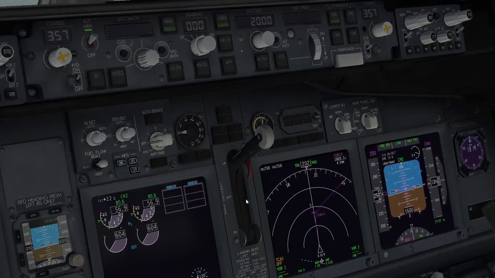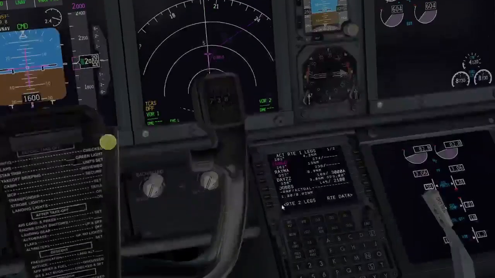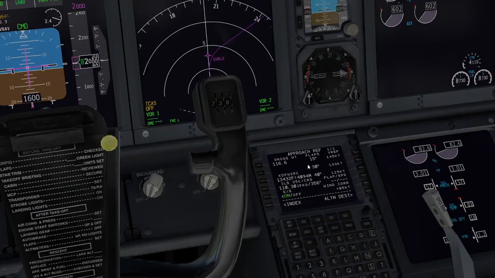Okay. And now as we're getting closer to the runway, I'll go in here, go to initial reference. Glide slope is on. I'll be landing with flaps 30,